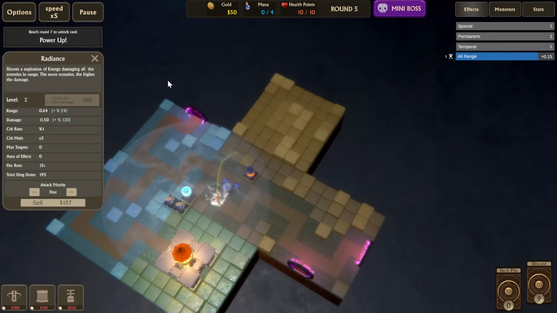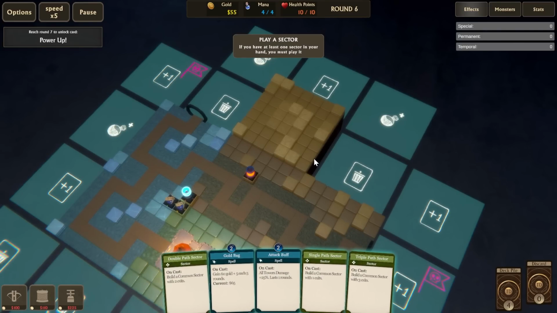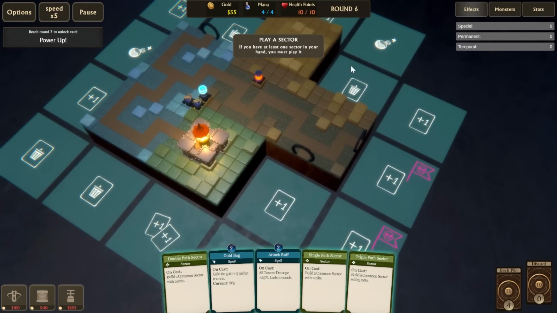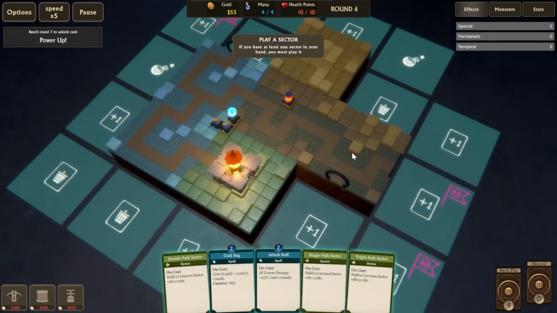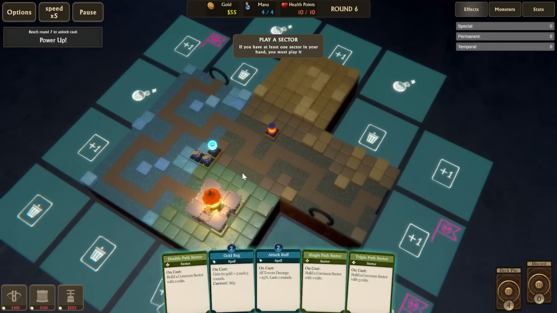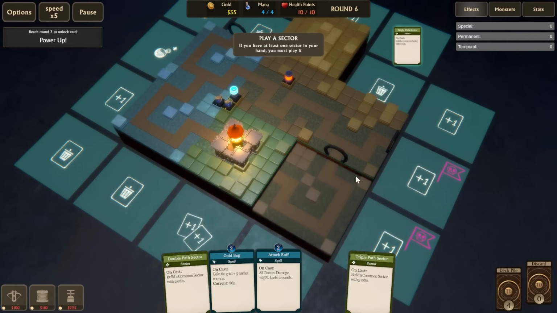That's pretty good. I'll work on leveling up Radiance. Its range isn't that great, but that's fine. Let's see. So do we want to keep trashing things? Because I could do that. Otherwise, we could keep wrapping around. Because I think what we want to do is go in this direction. I don't necessarily need more cards, but I might have too many. So why don't we do single path sector, just put it...